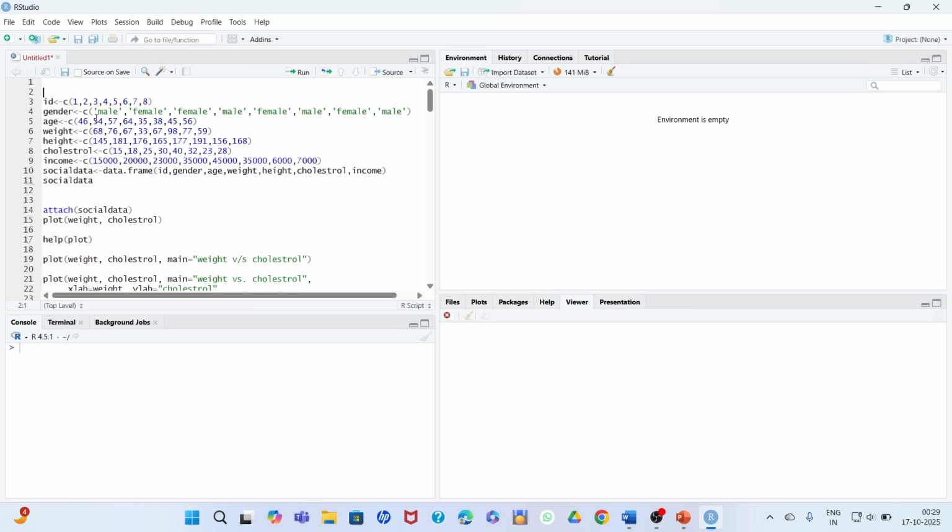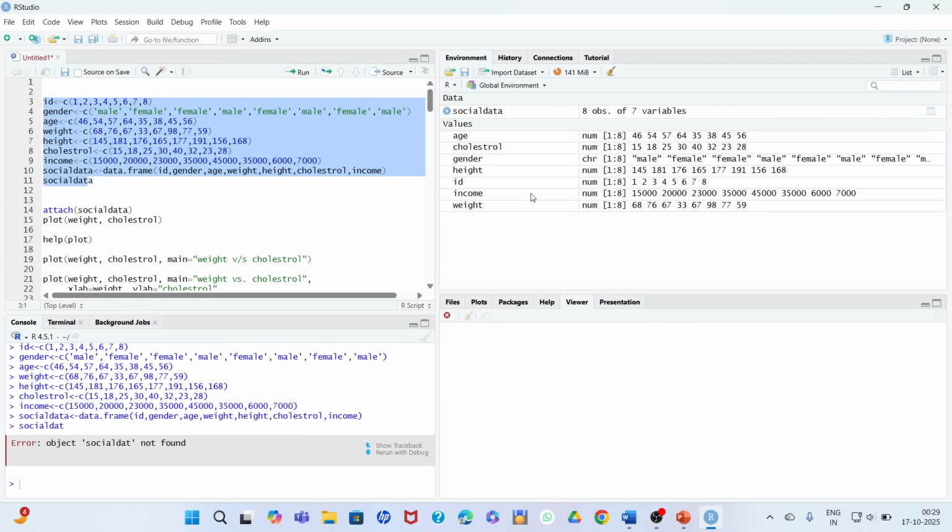We have age, weight, height, cholesterol and income, which are continuous variables. And we have made a social data frame. So let's run the command, and these variables are added in the global environment.